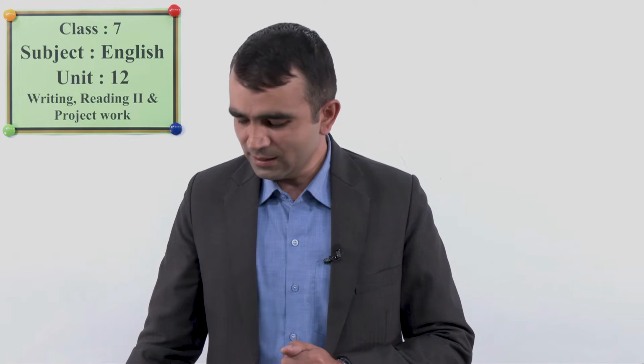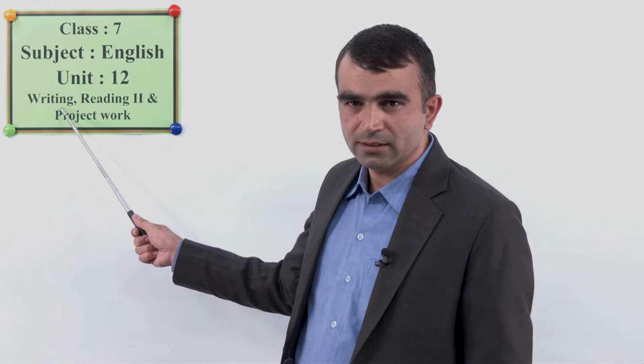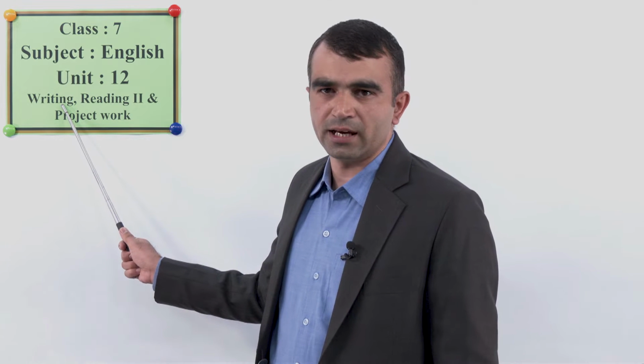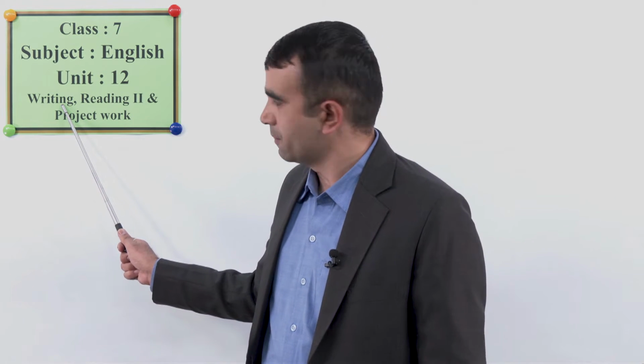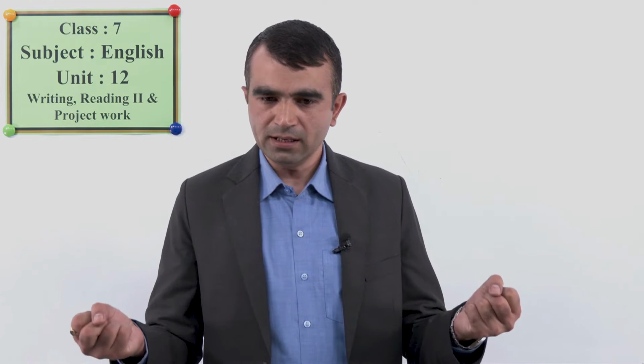Very good. Now in class 7 English, do you remember what we are doing? Of course. Today we should do English Unit 12: Writing, Reading second and project work, meaning writing 1 and 2. We will do both, the reading second poem, and project work, an extra bit as well. We will complete the lesson. Be ready with your pen, exercise book, whatever you need during the period. Good, let's start.